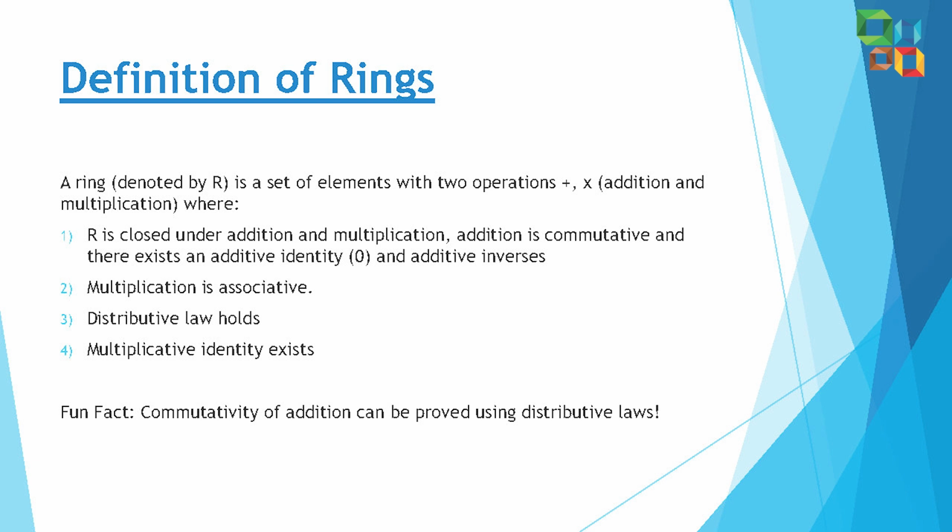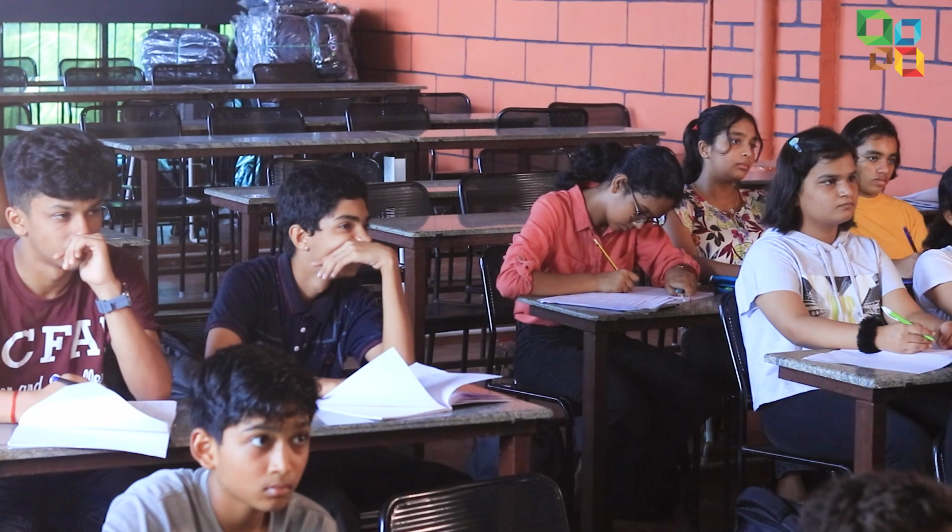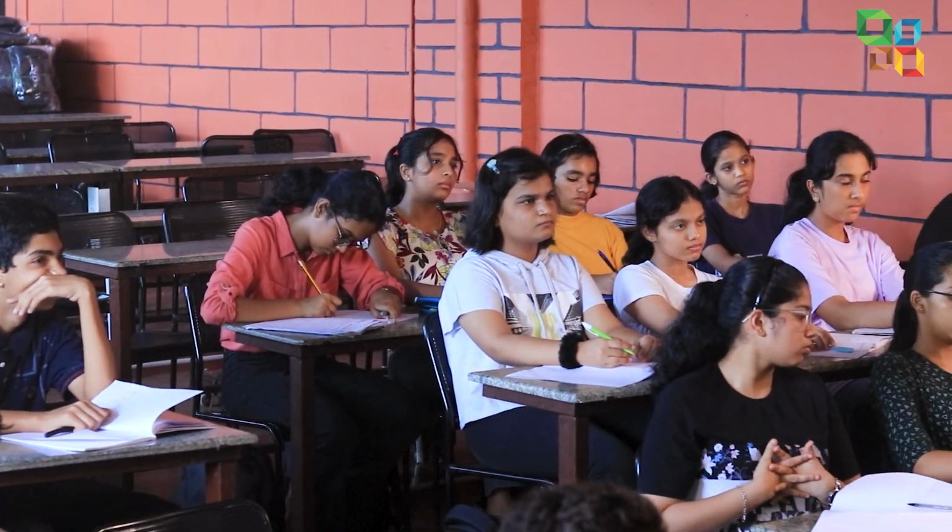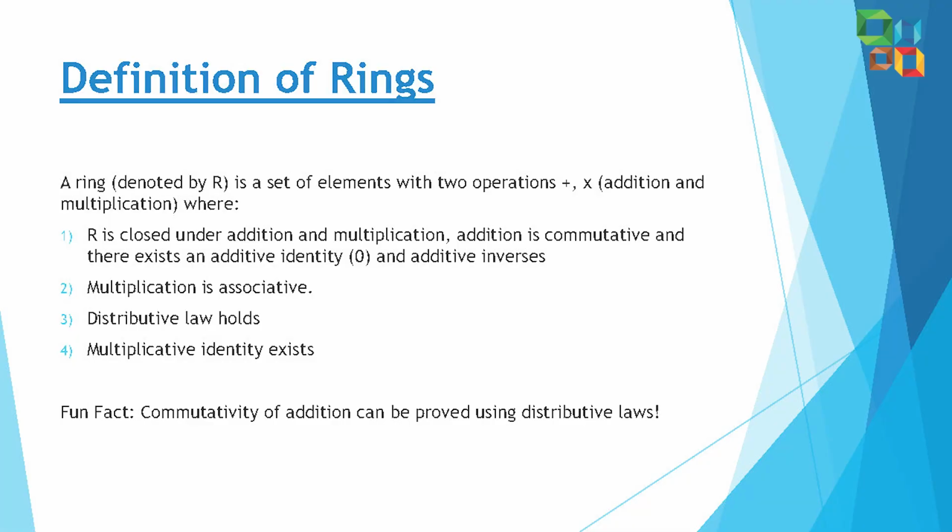In fact, there are places where even this is not true, right? But in rings it is true. Distributive law holds. There's a multiplicative identity, there's an additive identity. Multiplicative inverses need not exist, like integers, but additive inverses always exist. In fact, the commutativity of addition, you don't need to assume it. You can prove it using your distributive law. How that's done is,